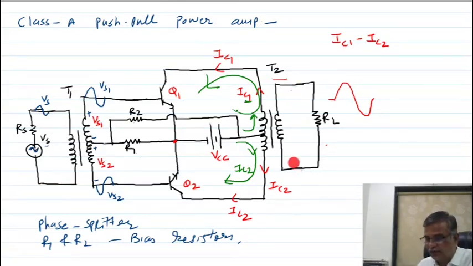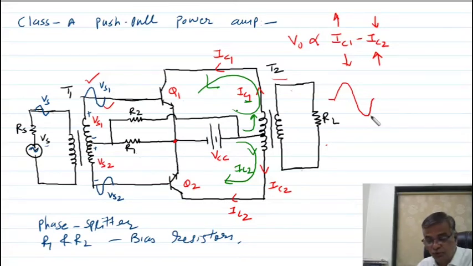Again the voltage developed across secondary is proportional to the difference of these collector currents. So you can say, let me use output voltage proportional to this. So as in the first half, this increases, this decreases. In the second half, this decreases, this increases. In the second half, you can say IC2 is more than IC1. As a result, you will get the voltage across secondary of the T2 reversed, that I am showing you here.